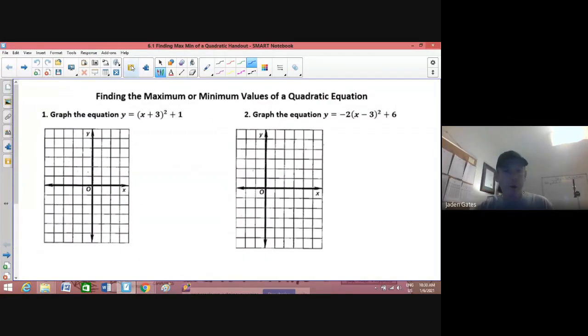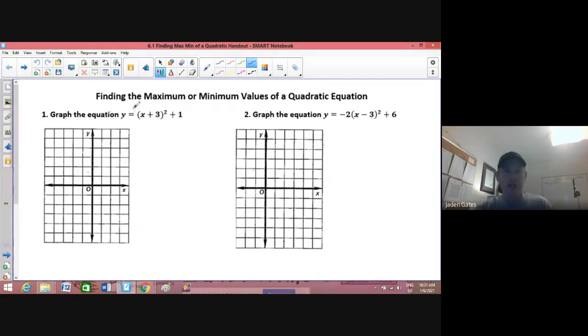All right, so we're continuing on from what we did earlier this morning, and the whole point of completing the square, and we'll get to it, is that we're going to look at finding the maximum, minimum values of a quadratic equation. So what I wanted to go over first was just graphing our quadratics and then figuring out the max and min values. And so again, a little bit of review here is I'm going to graph the equation